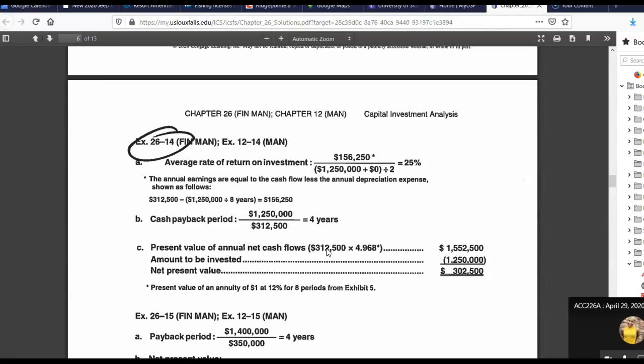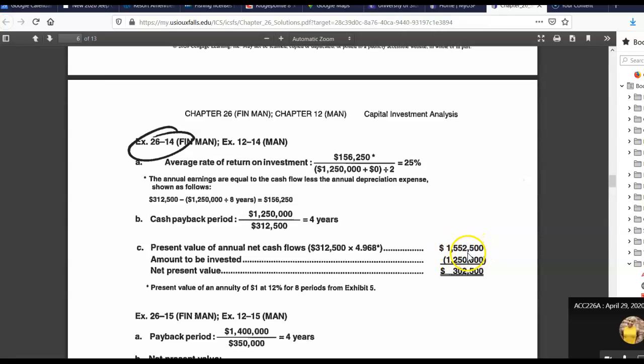What's worth more? Well, he said the $1 today. In this scenario, if I'm going to get $1 in a year, what is that $1 really worth today? The dollar that I will get in 12 months or 24 months or 36 months, what is that worth today? And today, the 312,000 I'm going to get for the next 8 years at the end of every year is worth, not 2.5 million,